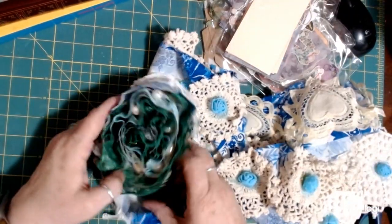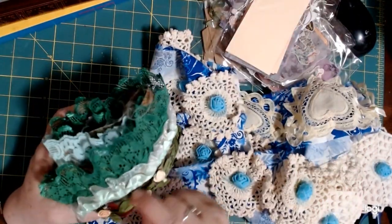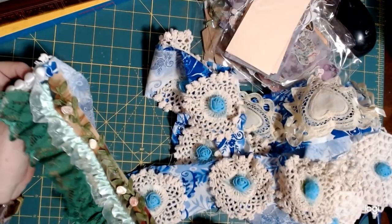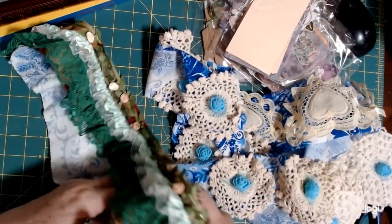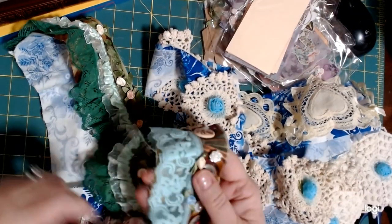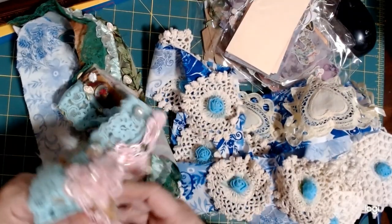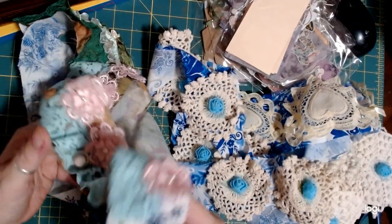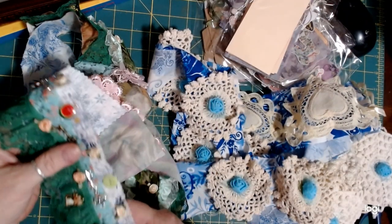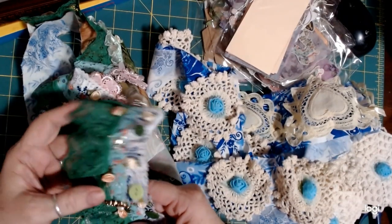And it goes on, and now we're getting into some green. There's some of the ivy stuff, fabric ivy, and green laces, and little ribbon roses. And now we're into some blue and pink with all these buttons on here and charms. Lots of goodies to use on here. There's a little guitar charm and some keys and a key with a heart and wings and a heart,